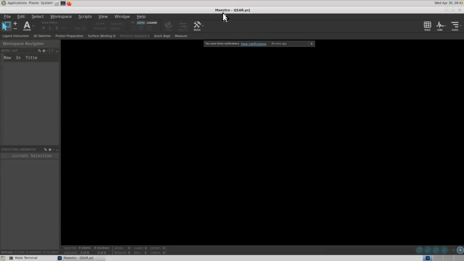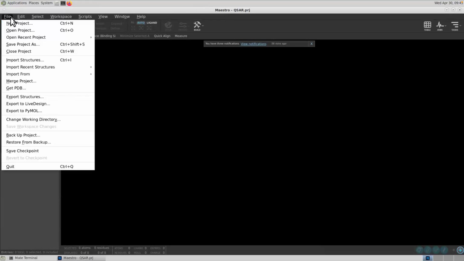So what we will do is import some ligand files that we have already kept. For all those ligands, we already know the IC50 value. Okay. And on those compounds, we'll build this QSAR model. So if you have done this one, I'll import some ligand files. So I'll go to File, Import structure,